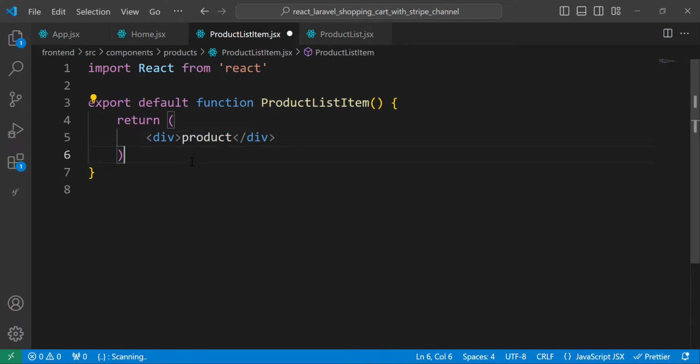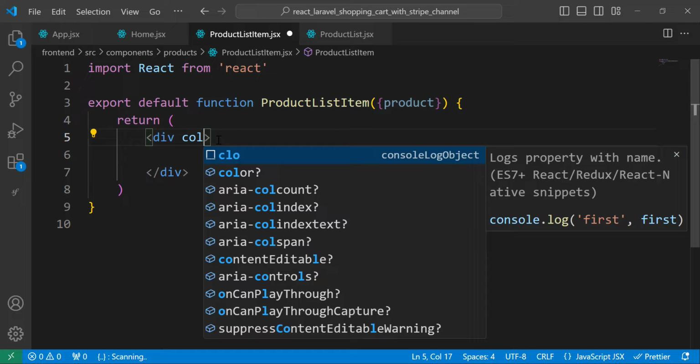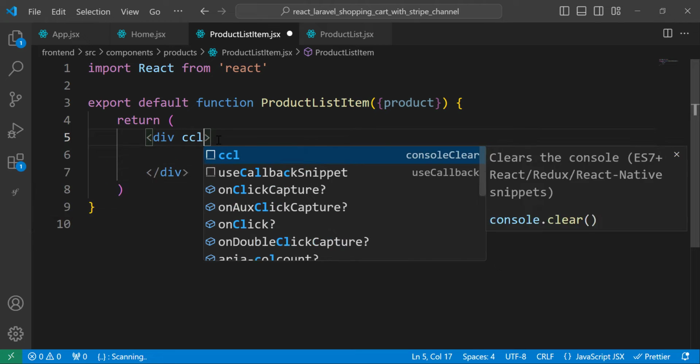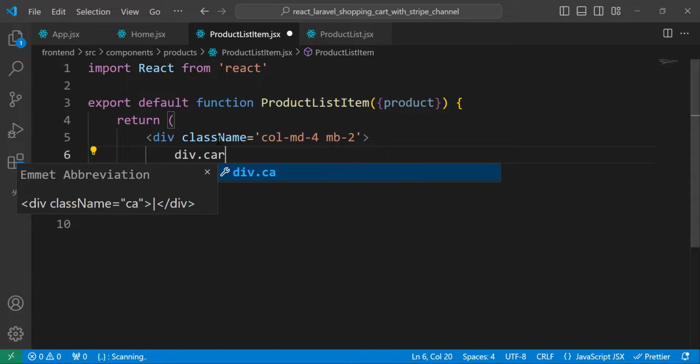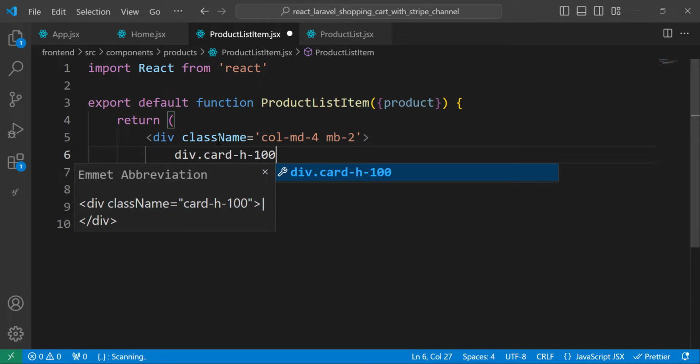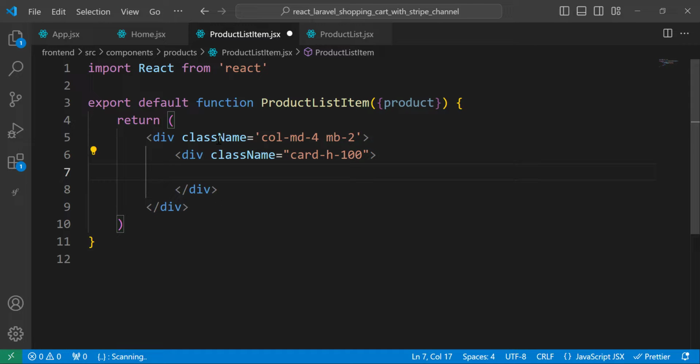Let's organize the code. And as I said, we receive here the product. So we'll use it to display the details. So let's add a div, not col-md, but a class with col-md-4 and margin bottom of 2. And inside here, let's add a div with card of height 100. And what else? We need an image that will receive